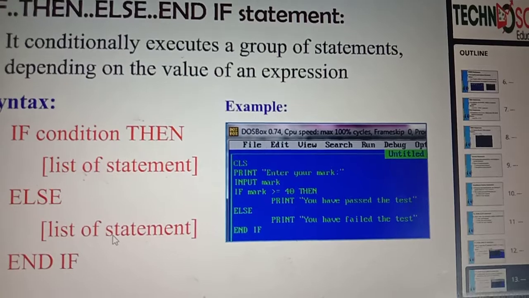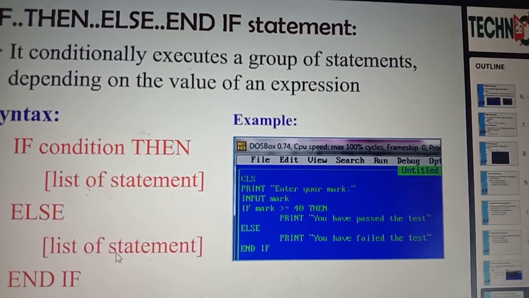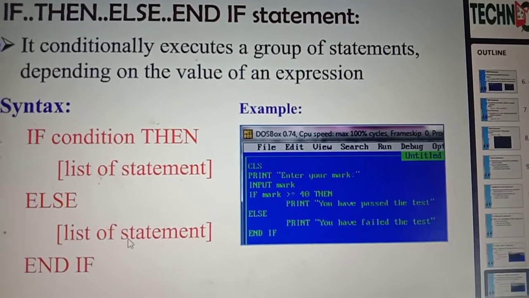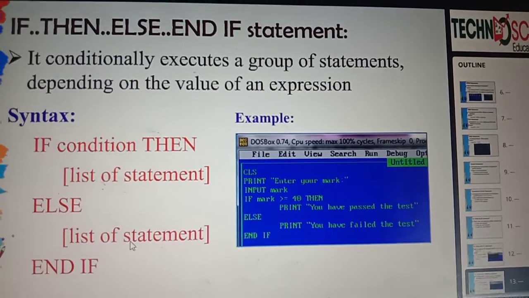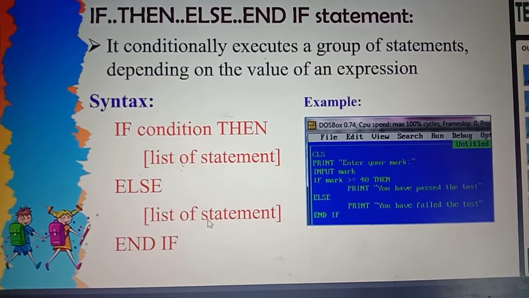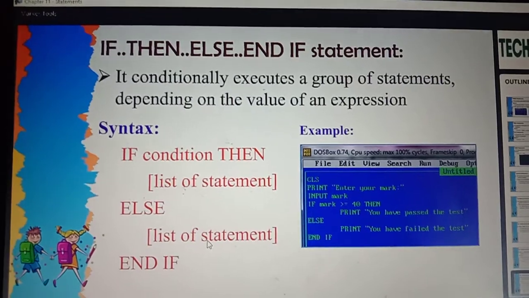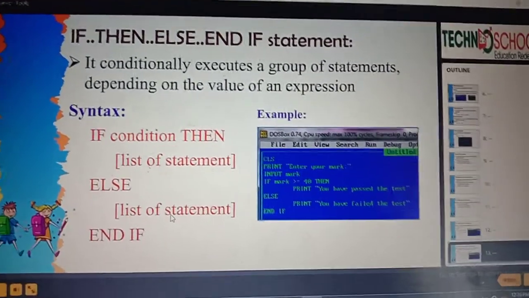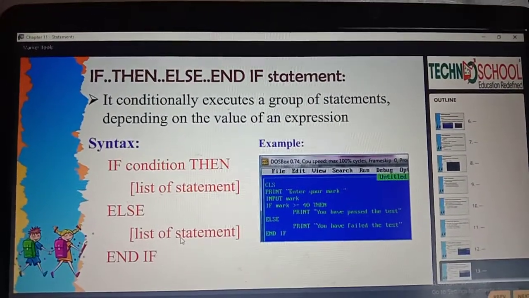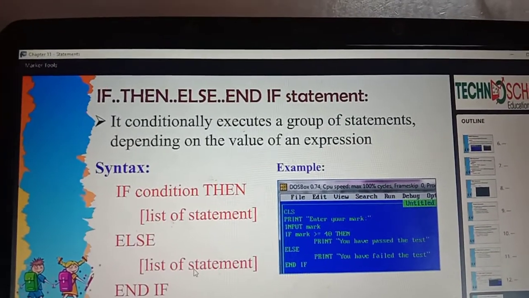Same procedure, but in the else part also we are giving one print command. If the condition fails, it will print you have failed the test. Here the syntax is IF condition THEN list of statements ELSE list of statements END IF. Just one more statement you are adding in the if then else end if statement.